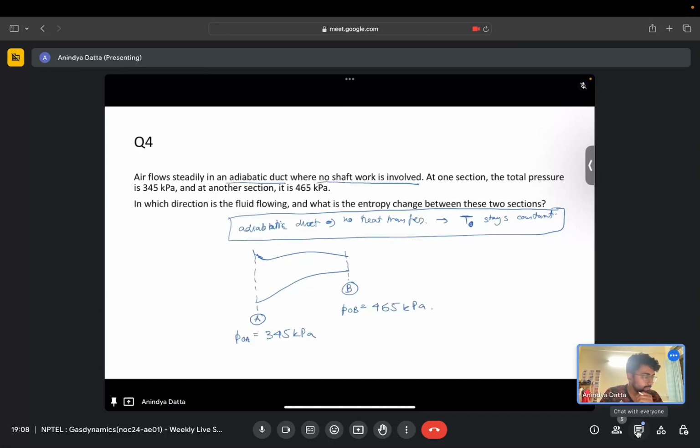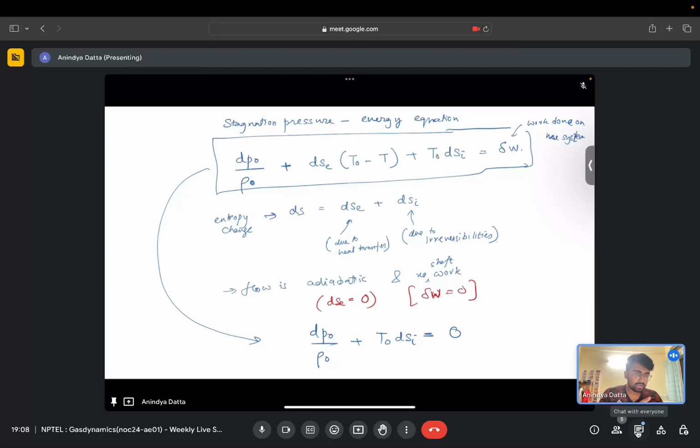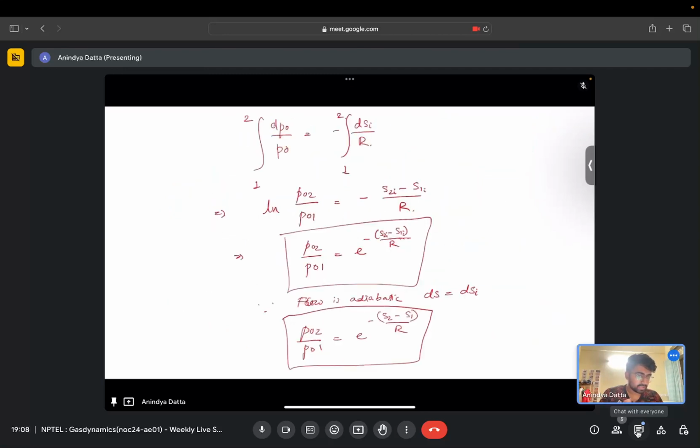Okay, so here between A and B, we have seen that for an adiabatic flow with no shaft work involved, the stagnation pressure will either stay constant or decrease. Here we see that the stagnation pressure at station A is lower compared to B, which means that from what we see in the stagnation pressure energy equation,